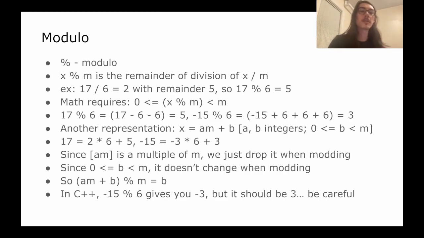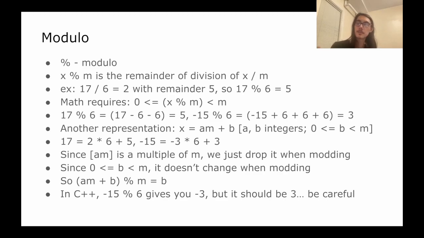Next thing to talk about is modulo. Imagine dividing 17 by 6. You can subtract 6 twice, and then you're left with 5. And so the modulo is sort of this remainder. It's what you're left with after you can't subtract 6 anymore. So 17 modulo 6 is 5 because you have 5 left over. And the math sort of requires that this has to be between 0 and that number. But that also means it can't be negative. So 17 mod 6 is,